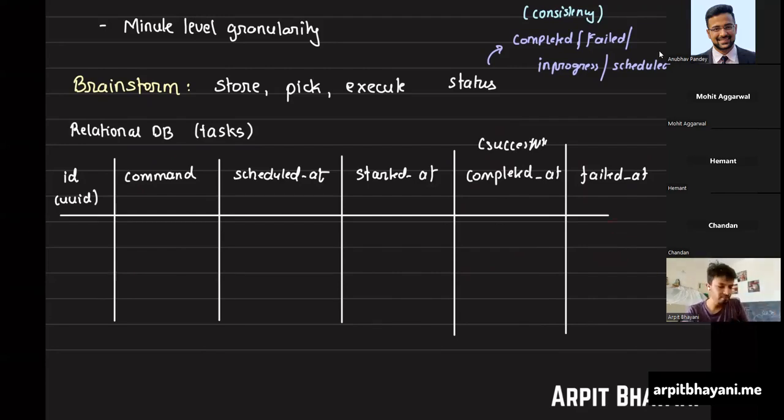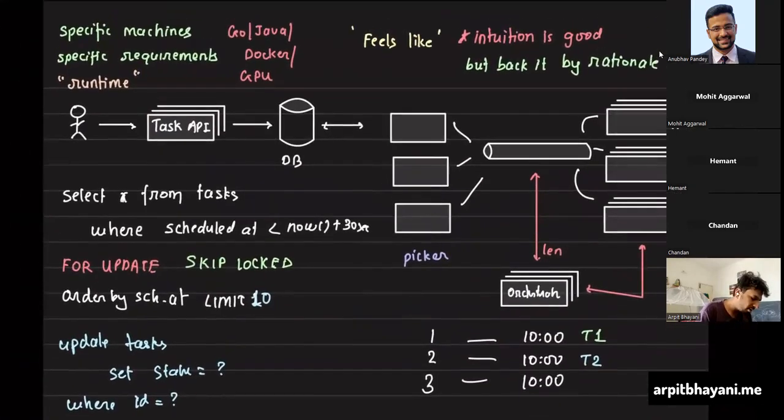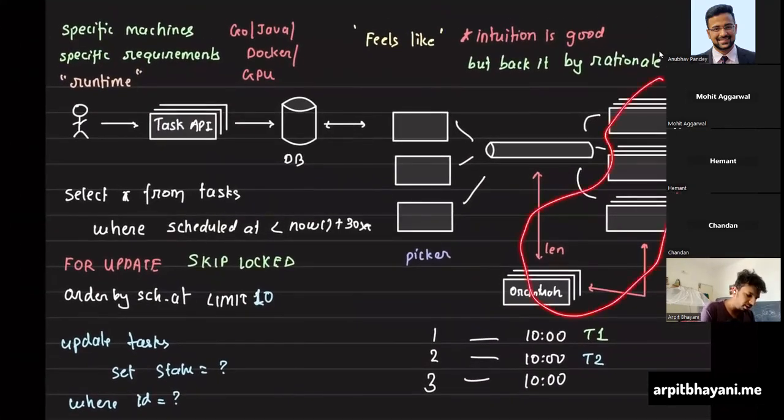So in either case, you would have a separate column that tells you on average how much time it requires for you to complete a task, an average of those columns. This is what your orchestrator can use to deduce if this task is completing, or running, or failed and whatnot. Right? Okay. So now we have started at, completed at, failed at. Now, if you look carefully, we sorted this thing out.